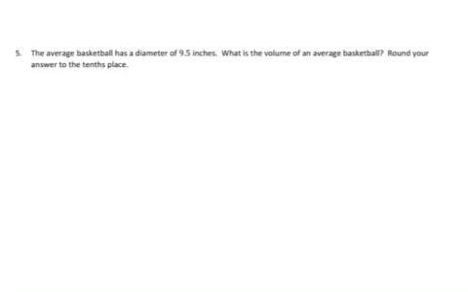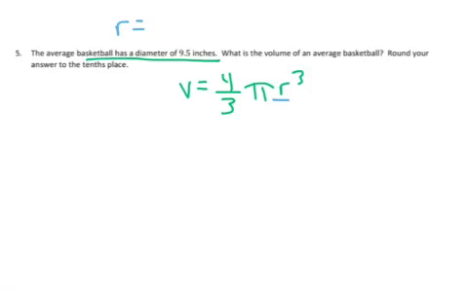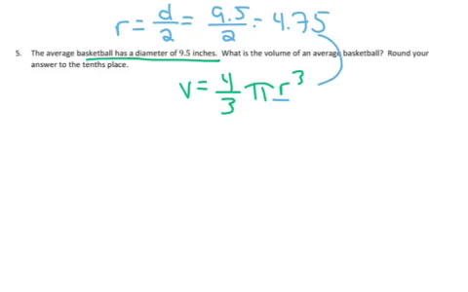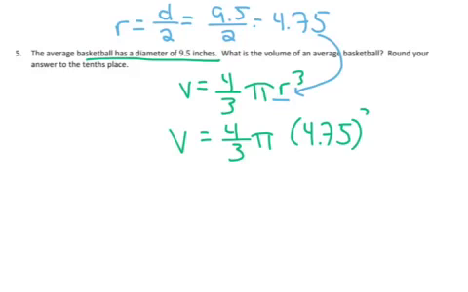Let's try this one. So here we have a basketball, and it gives me my diameter. But remember my formula, 4/3 pi r cubed. My formula deals with my radius. So remember, in order to find your radius, you take your diameter and divide it by 2. So I would plug in 9.5 and divide it by 2, and I would get 4.75. So now I can plug that in for my radius. So I would have V equals 4/3 pi times 4.75 to the third power. Plug this exactly in your calculator as you see it,